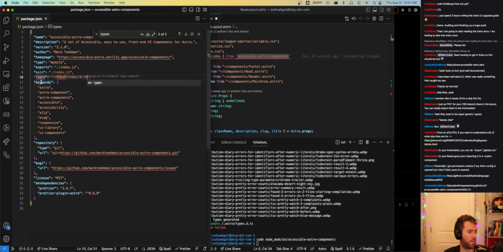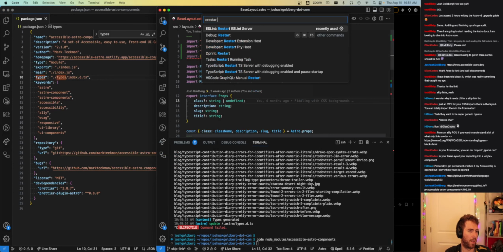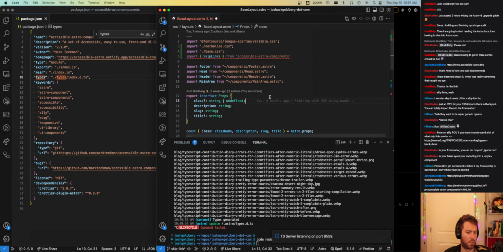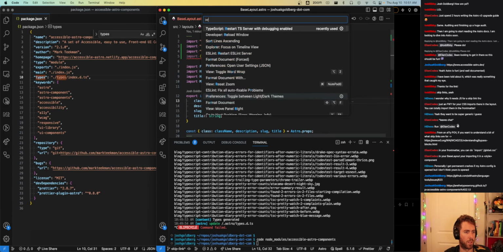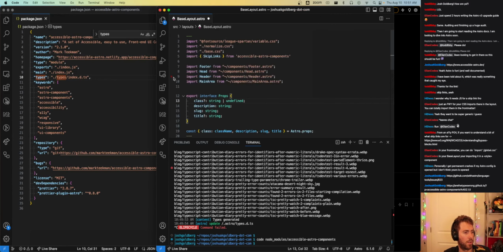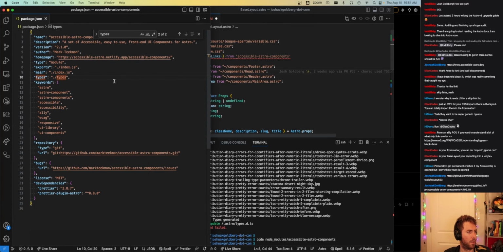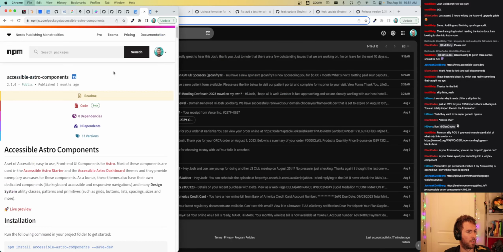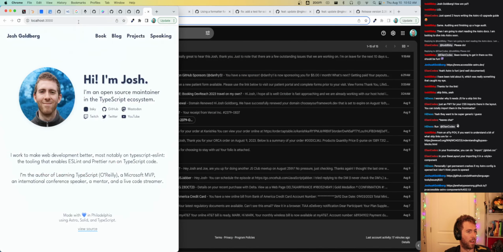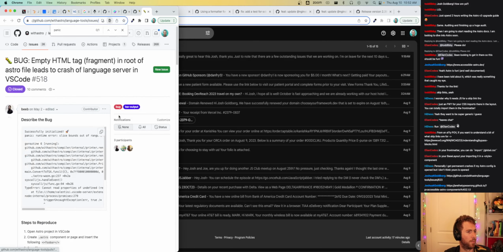If I just did types/index.d.ts and then restart my TS server, or I'll just reload the whole window. Now does it fix it? But this result cannot be resolved when respecting package.json exports. Well, anyway, I'll file an issue if one doesn't yet exist on that repo.